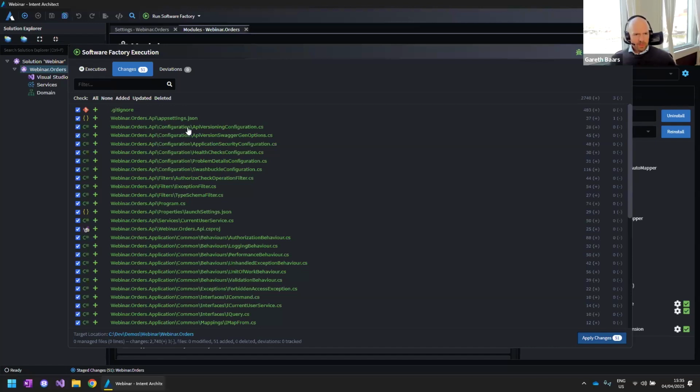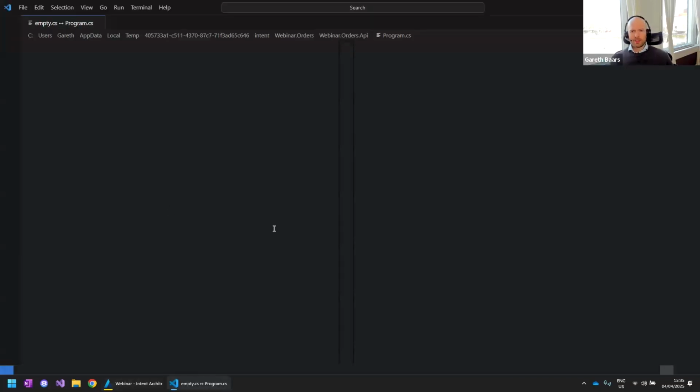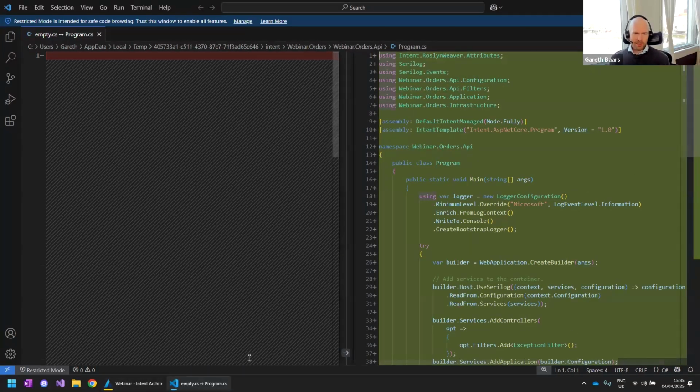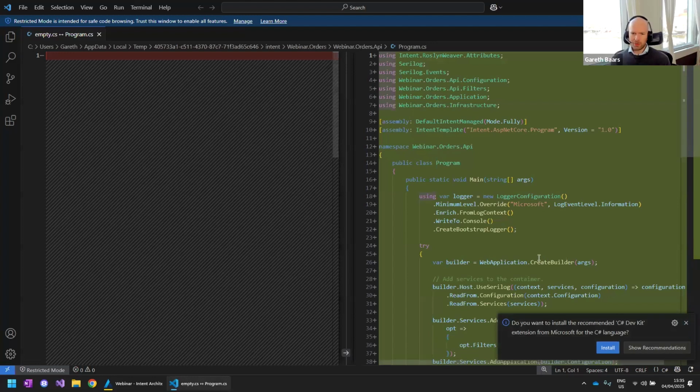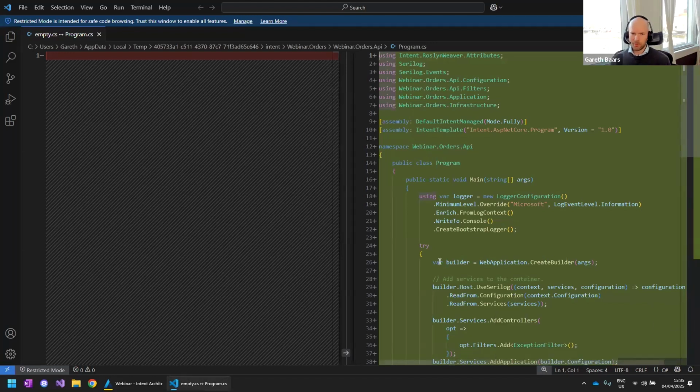And I'm sure you guys would agree with me, it's not really useful for us to just see these files at a high level. We need to know what's going on inside of these files. So if I double click, for example, this program file over here, it's going to open up, at least for me on my machine. I've configured my instance of Intent Architect to use Visual Studio Code. I just like this as a diff tool.